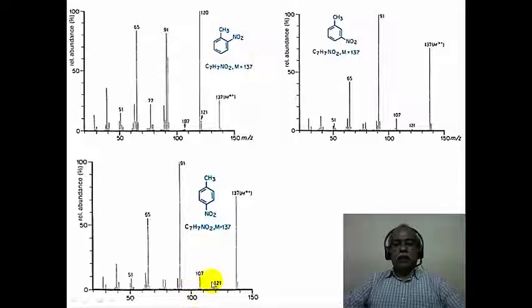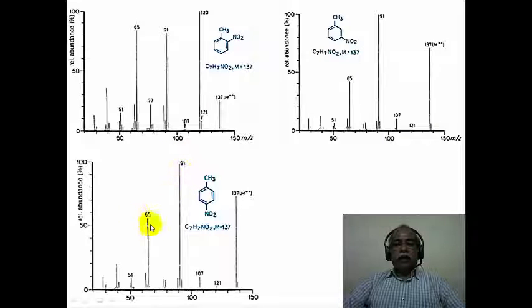You can see here distinctly the other isomers lack that particular peak at 120, and essentially this peak is coming from the molecular ion undergoing a loss of OH, 17 mass unit, corresponding to 120, which is a very characteristic feature of only the ortho isomer and not the meta and the para isomer. The other fragments are fairly simple. 91 is essentially produced by loss of HNO2 in this molecule, resulting in the formation of a benzyl cation kind of a system, and this is registered in all the three isomers of this.